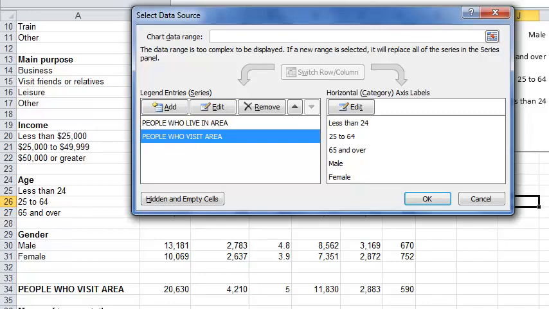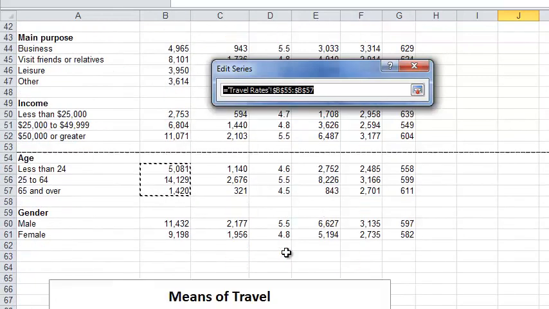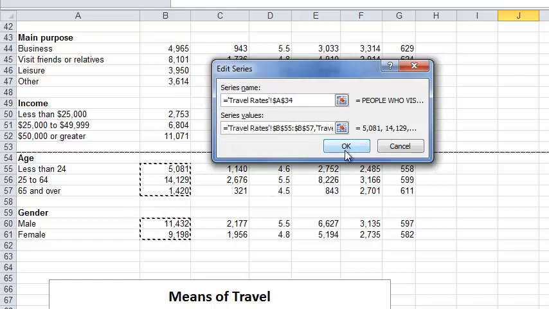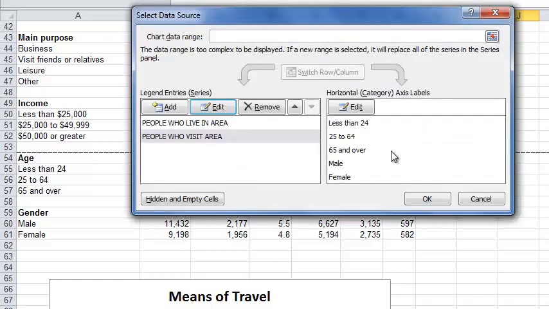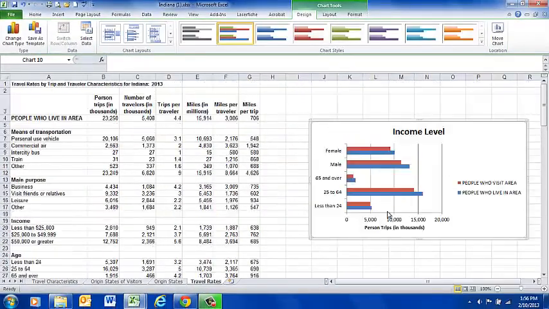So I'm going to edit that one as well. This is okay, people who visit the area, and I need to edit this, and I need to select that data. So I'm going to hold my control key down and get these two as well. Hit enter and click OK. And you'll notice the male and female showed up over here, and I'm going to click OK. And so now I've got the male and female information as well for each of those different groups of people by income level. Now I need to